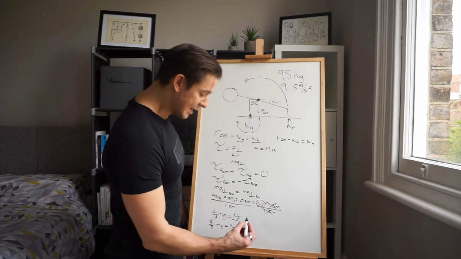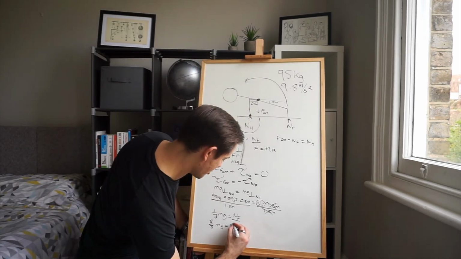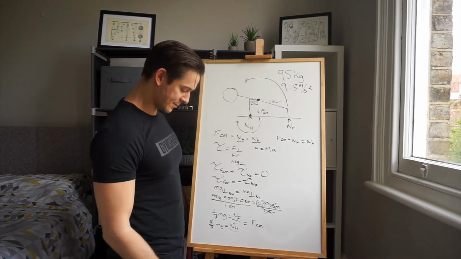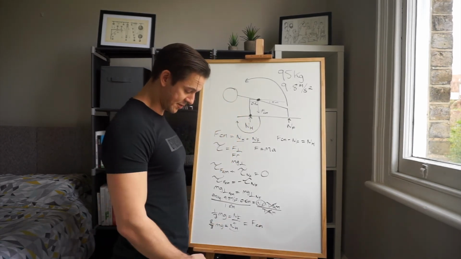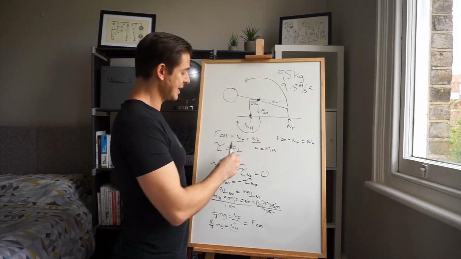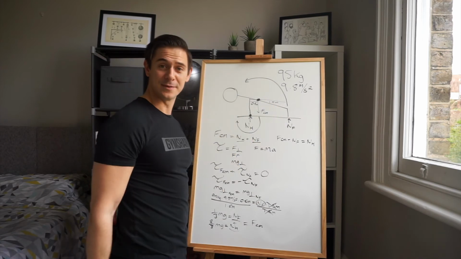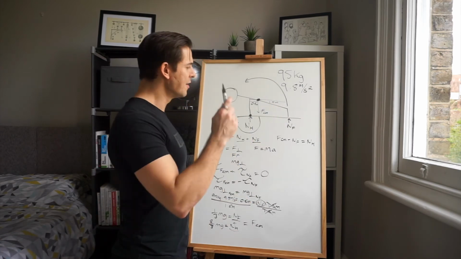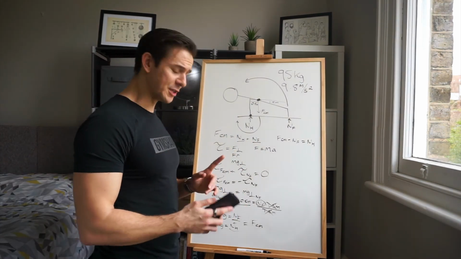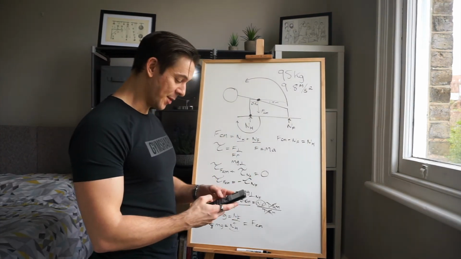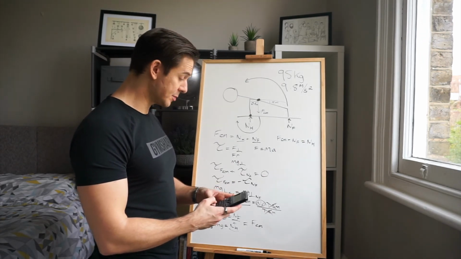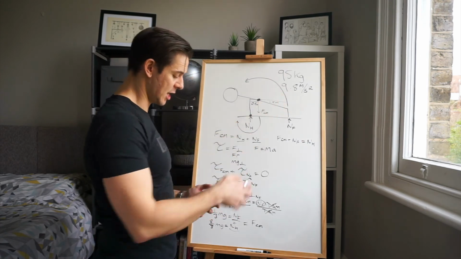Those two together must equal, so let's just put a plus in between them, must equal F center of mass. And they do, because 1/3 mass times gravity plus 2/3 mass times gravity equals mass times gravity, and the force we've said is mass times gravity. So that all works. So finally then, let's figure out what those numbers actually equate to. No one wants to have to do this maths in their head, so we're going to use a calculator. But let's go 1/3 times 95 times 9.8